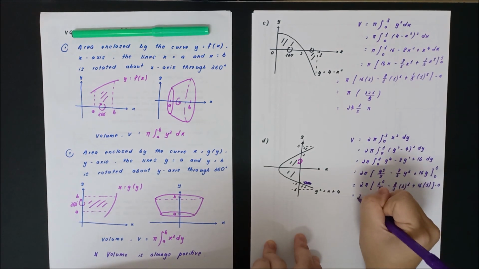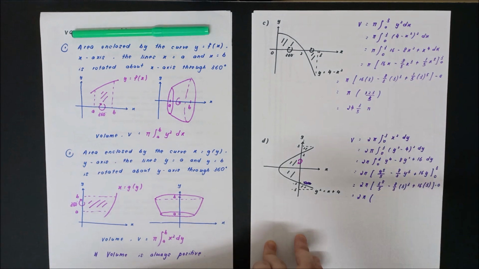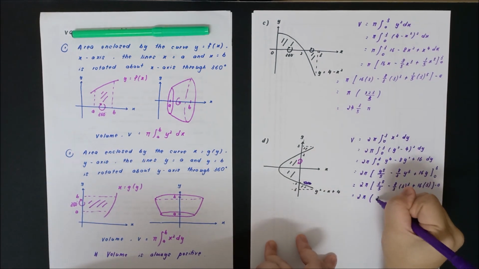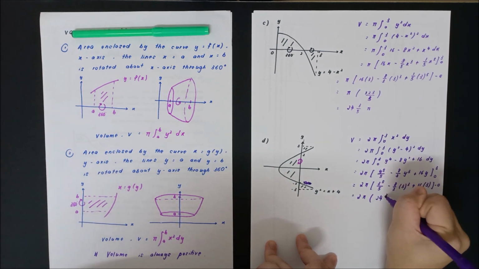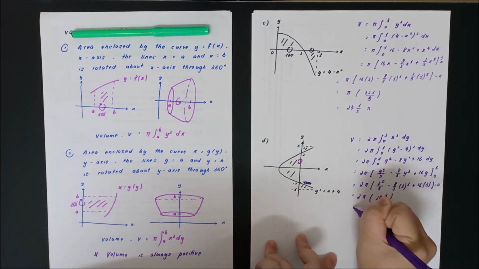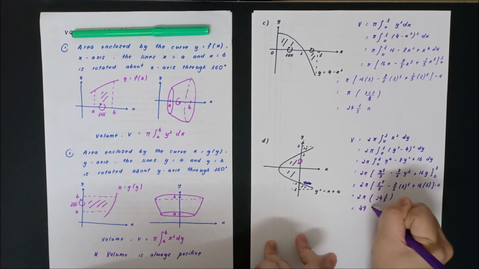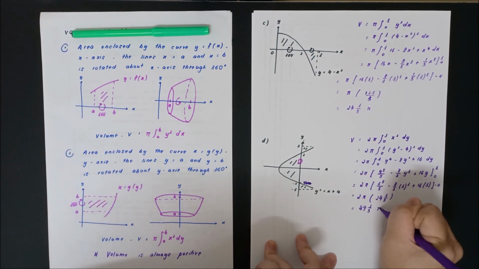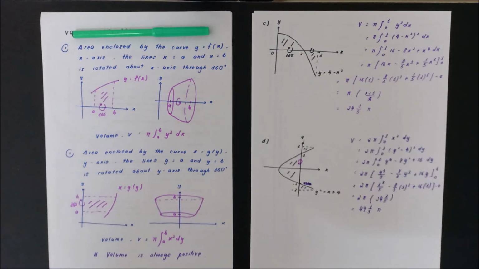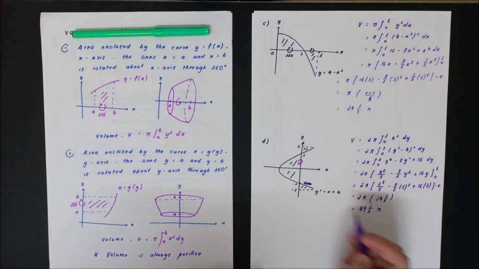Okay, equals to, then 2 pi. So what you will be getting here is, I think you will get 24 3 over 5. So when you times 2, you will get 49 1 over 5 pi. Okay, so if you want, you can try it out. If I try to do